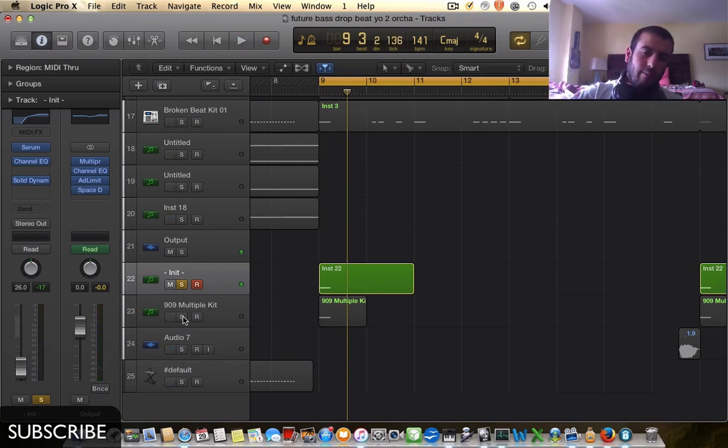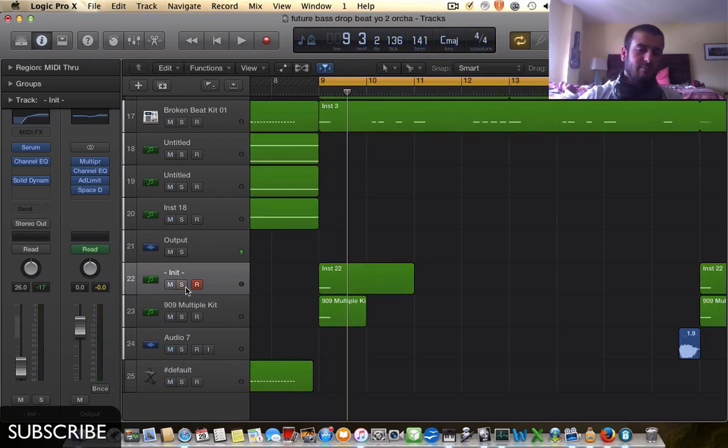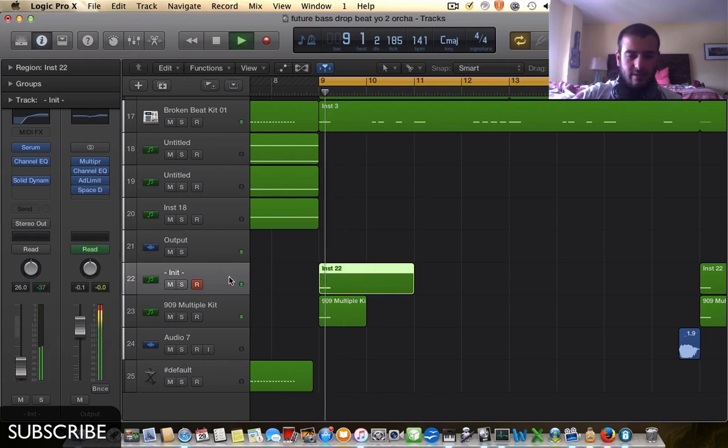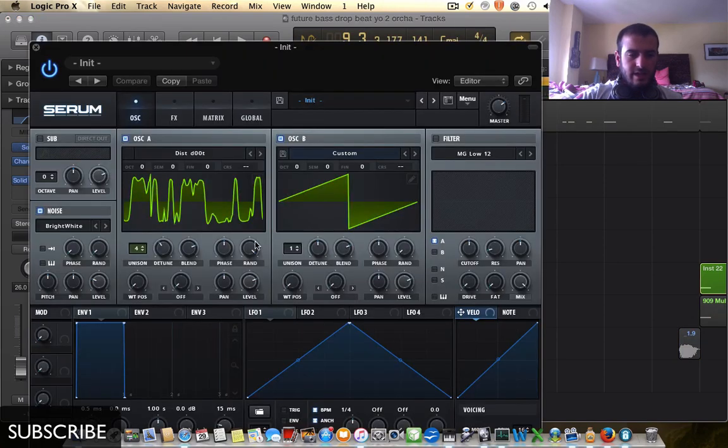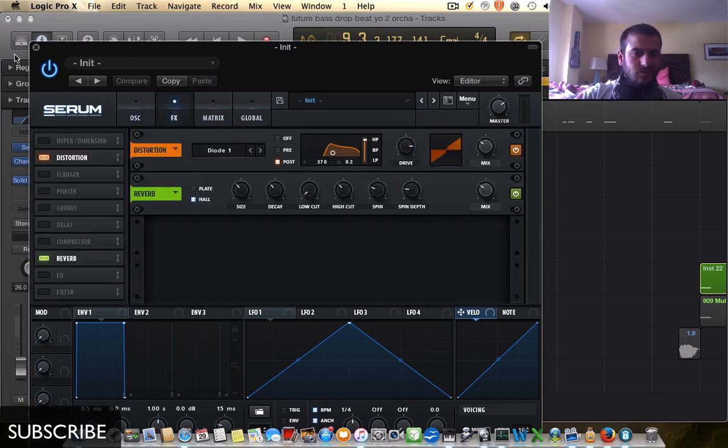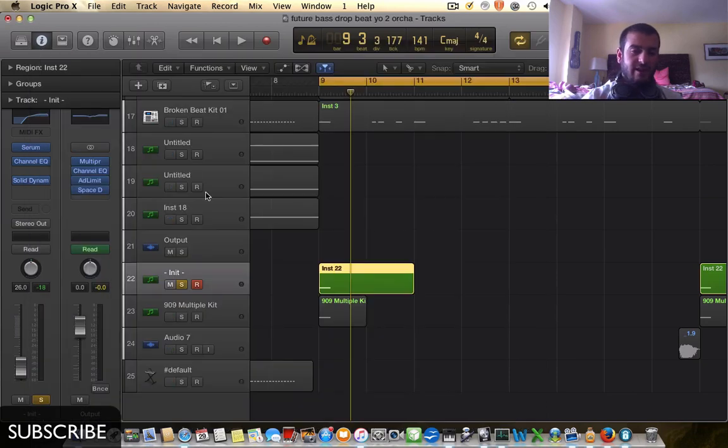that on the drop. That is on the drop. That is totally like a gun shooting. It's a huge buzzy sound that I made with Serum. I got a couple little things going here, and all this with just distortion and reverb. I cut the lows out of it, side chained it to the kick, and then I layered it with this